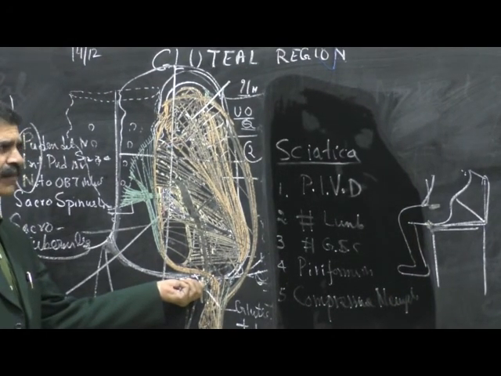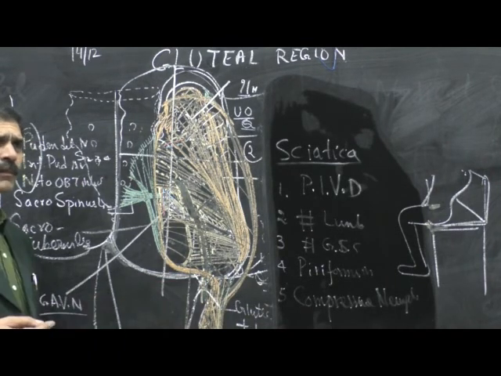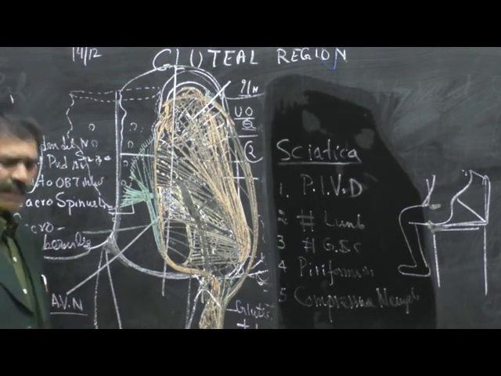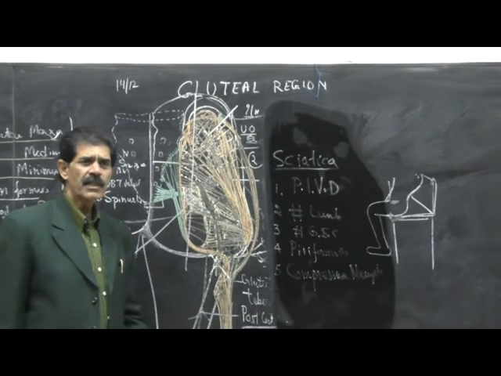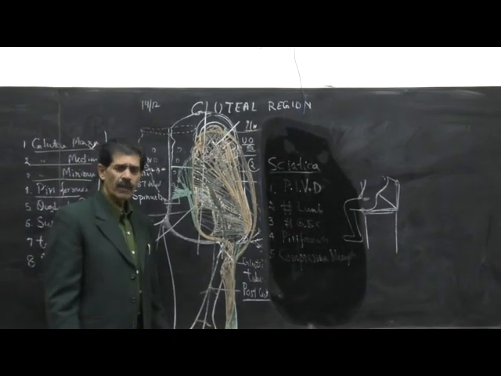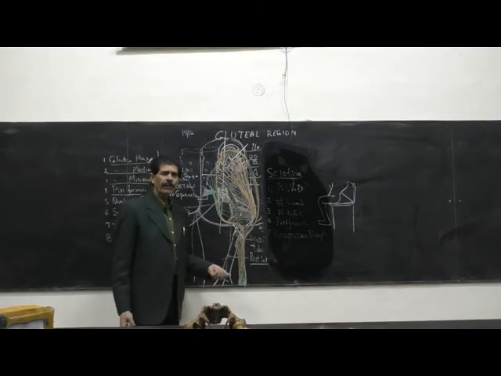After 3-4 hours of prolonged sitting in the same posture, when the patient gets up to walk, suddenly he or she feels unable to walk, because all the muscles below this point